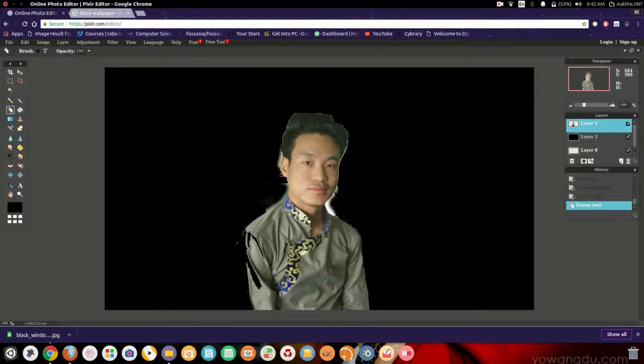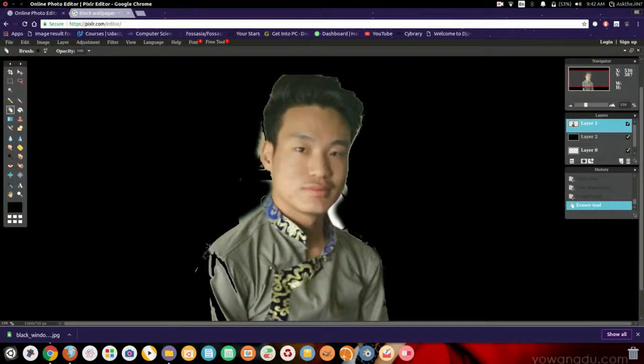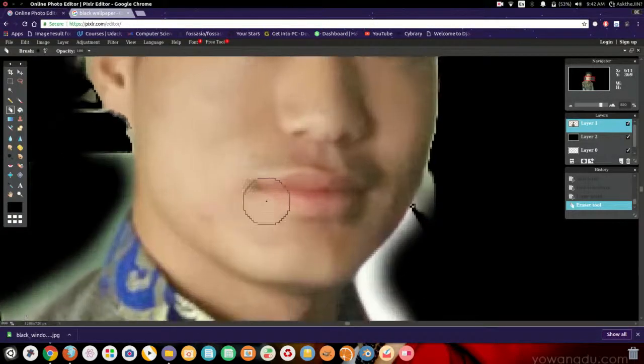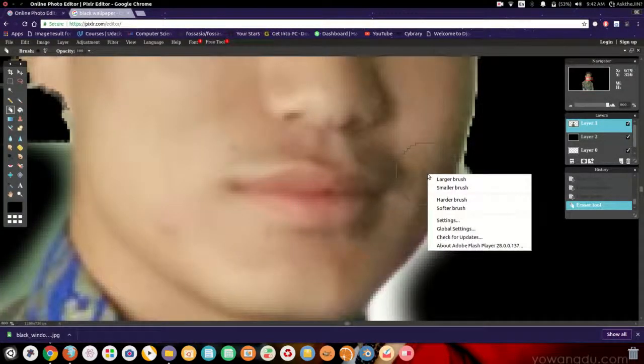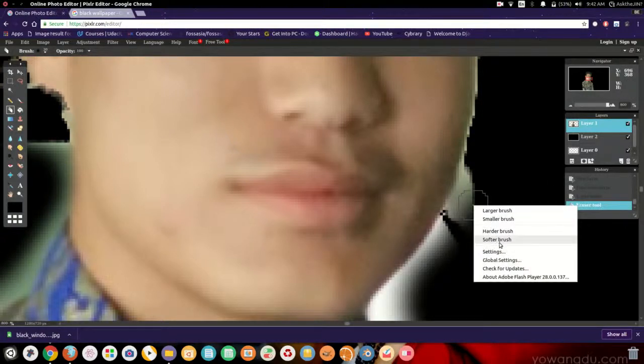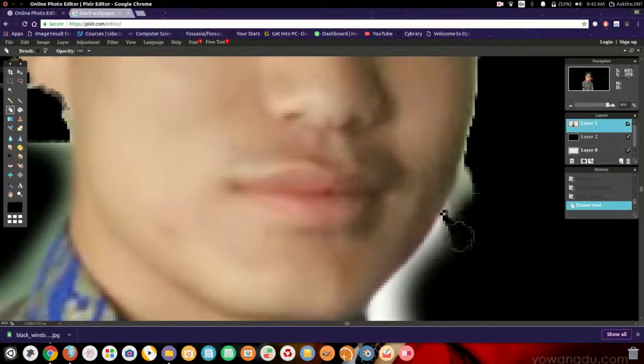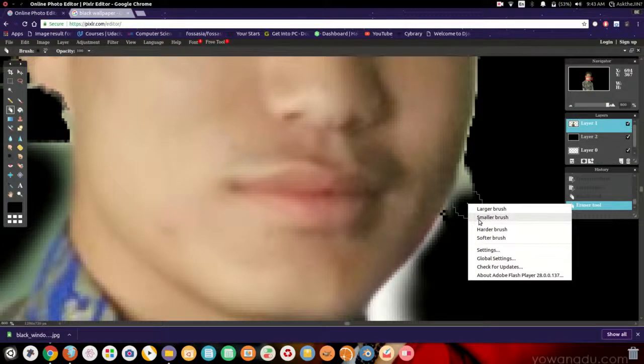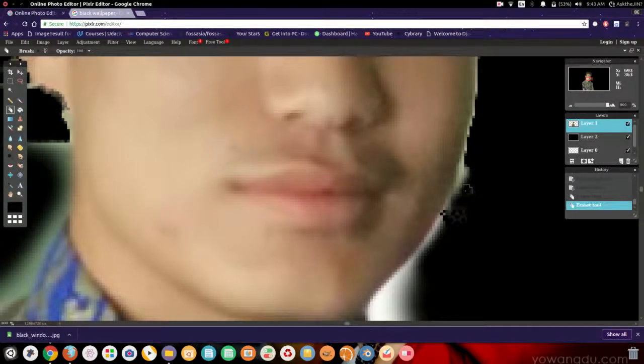So now let's move on and make our image softer. So once again, zoom to maximum, use a smaller brush, and a softer brush, right? Now you can see a little bit smaller brush, yeah. So now you can see all the pixels. Do you see this? These are where our photo is made. So just make this